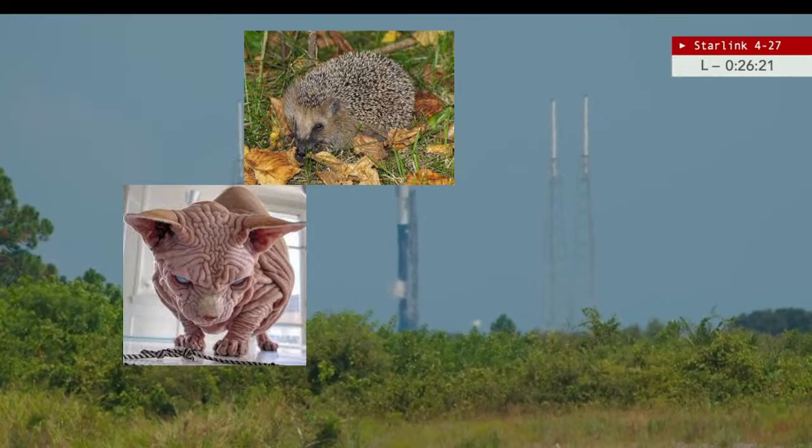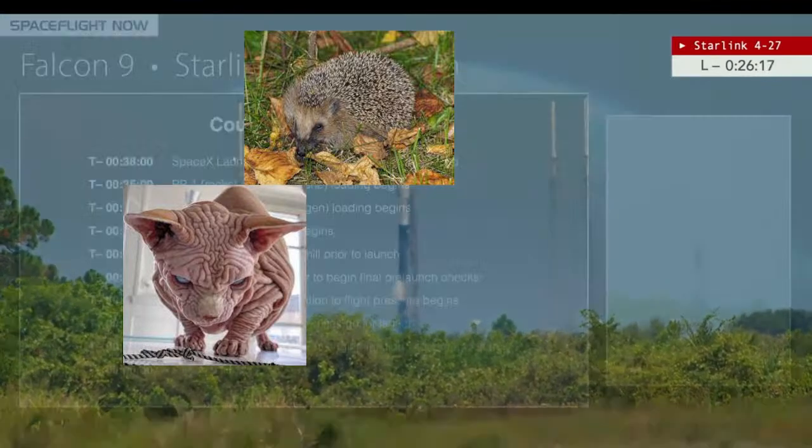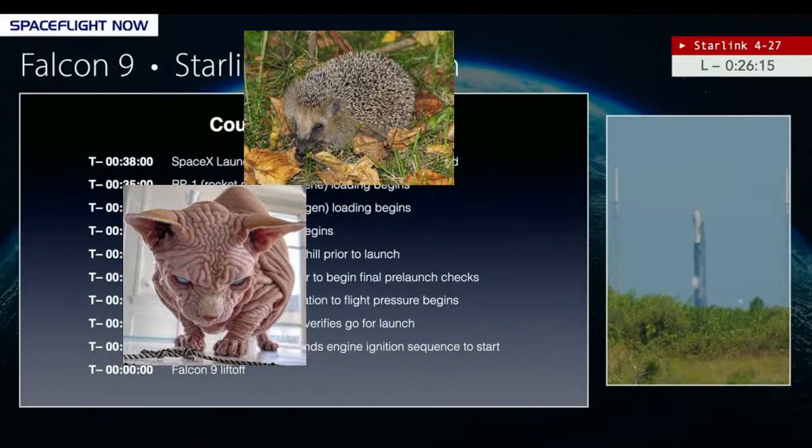T-minus 26 minutes and 20 seconds. The launch countdown began its automated sequence at T-minus 35 minutes. And here's an overview of that countdown timeline. Propellant loading also began at T-minus 35 minutes with kerosene and